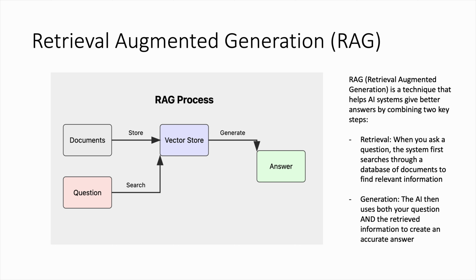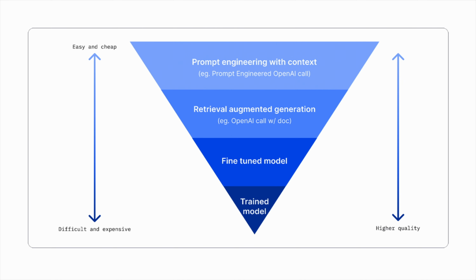And the purpose of this is that when a user asks a question, you can get related documents to enhance the prompts. This is a technique to augment the prompt with external data in the form of documents. And as you can see, both of these two techniques, prompt engineering and RAG, don't actually change the model. And that's why they are cheap and easy, especially if you don't have access to modify or alter the model, right? If you are using a third-party model, this is basically the most practical way for most companies